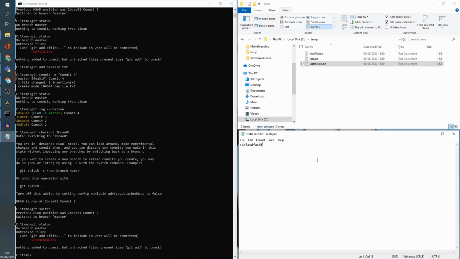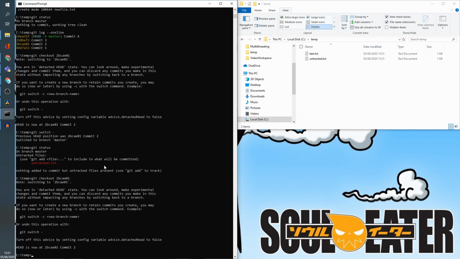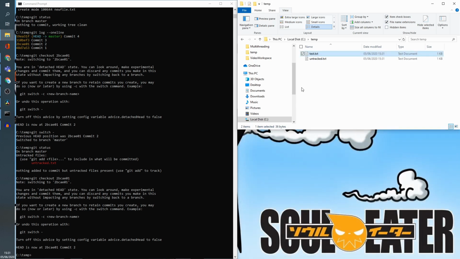Now let's add some text to this just to make it more real. If I do a git checkout and then my hash code of commit number 2, let's see what happens. My new file .txt disappears because that file was tracked, as does the contents of my test file, but